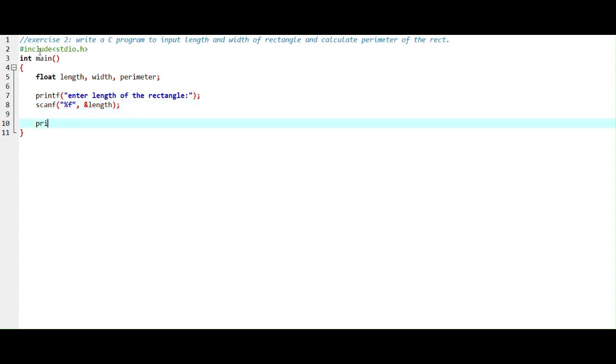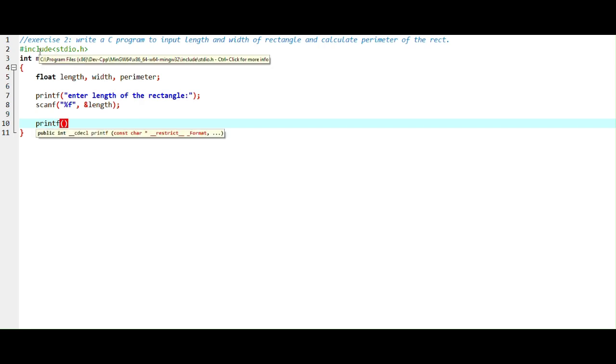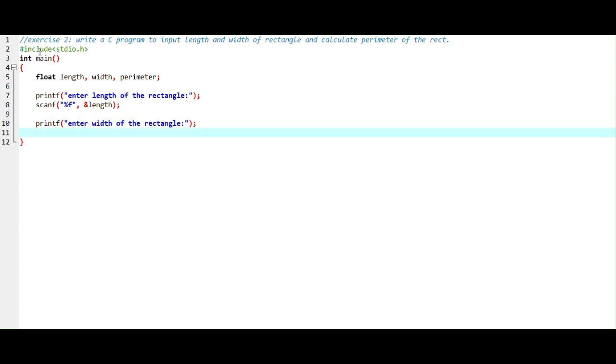Now, also I need to tell the user to give me the value of the width. Enter width of the rectangle. Now scanf, percentage %f,